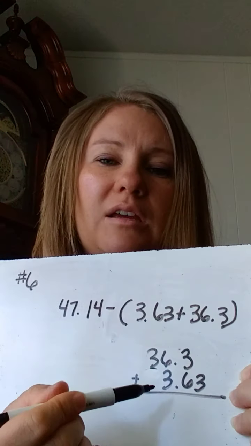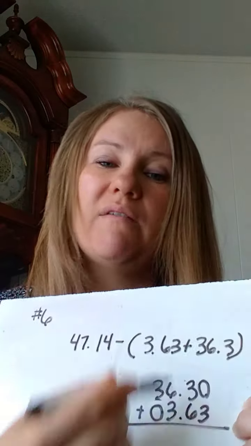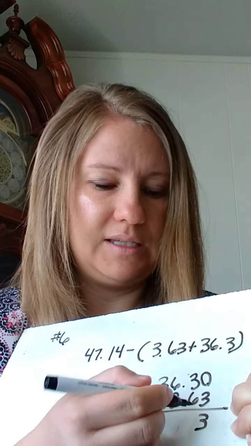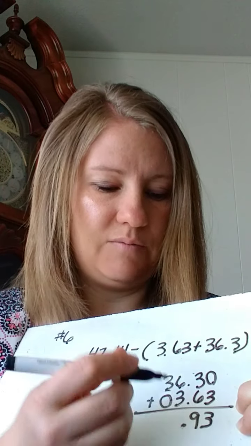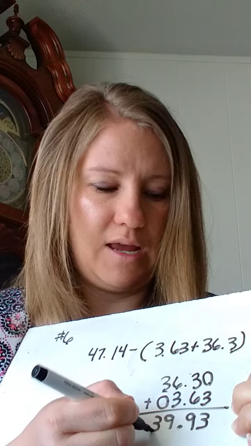and 6300ths. Now again, when I'm adding and subtracting decimals, I like to add in zeros here to help me keep everything lined up. So 0 plus 3 is 0. 3 plus 6 is 9. Put my decimal. 6 plus 3 is 9, and 0 plus 3 is 3. All right, now we can subtract 39 and 9300ths